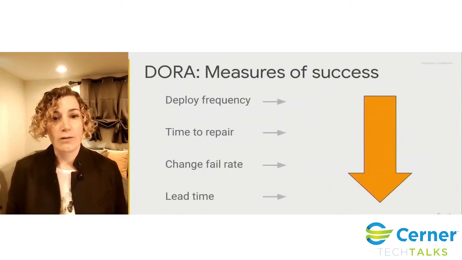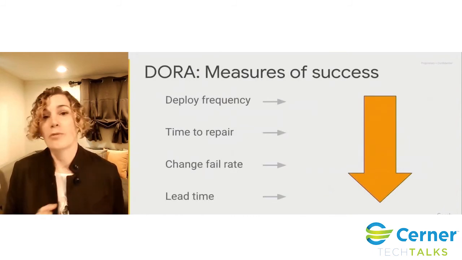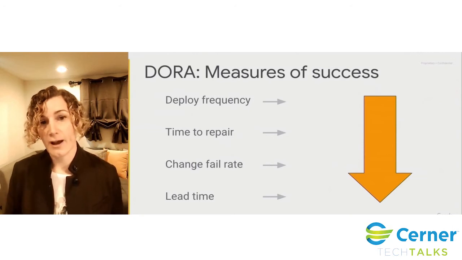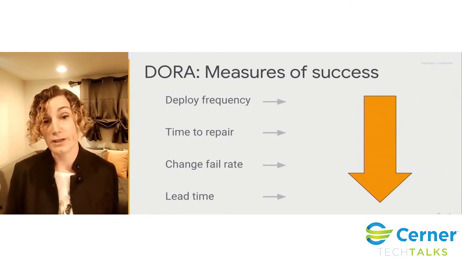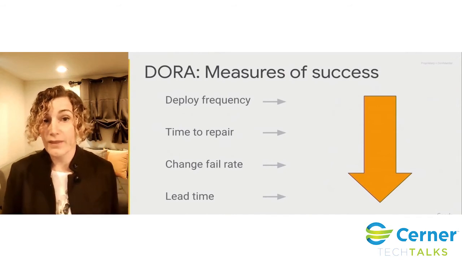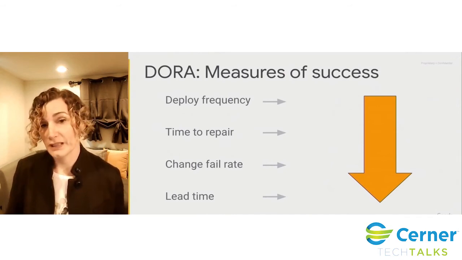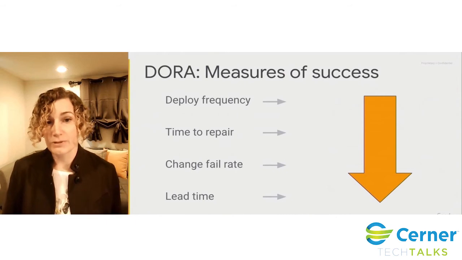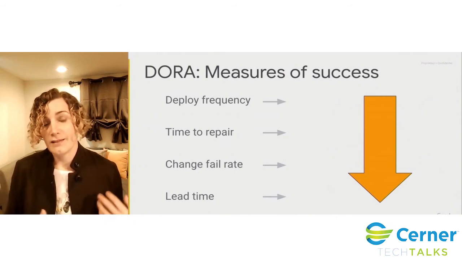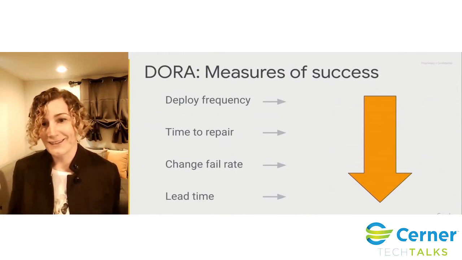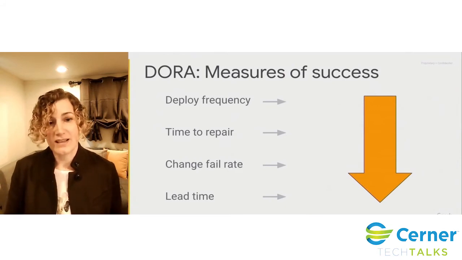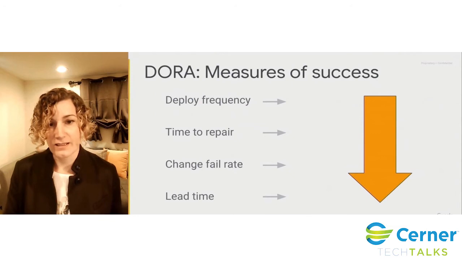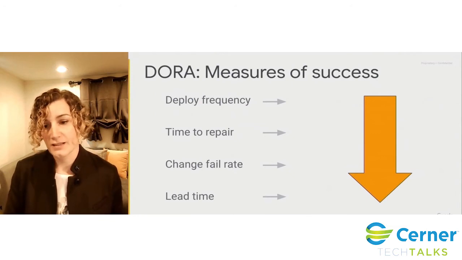And then the end goal is we'll be driving to better operational health by pushing all these things down, because if we have a really great time to repair and time to detection, and we can trust those things, then we can actually do things like deploy more frequently and trust that we'll be able to fix things if they break. And then that frequent deployment makes it less likely that the set of changes we're deploying are going to fail. And then this all together gives us better lead time, which of course allows us to get good features in our customers' hands faster.